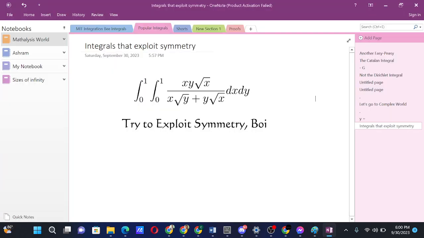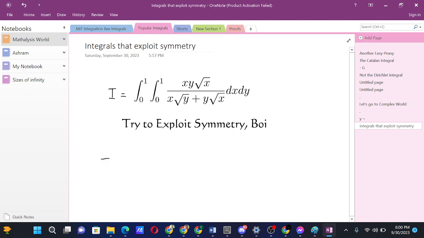Welcome to yet another double integral that involves symmetry. To solve this integral, we first see that in the denominator we have a symmetric term, x root y plus y root x. Now, if this is integral I, we'll see that the limits for x and y